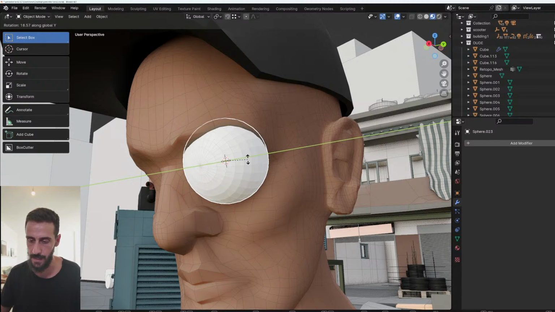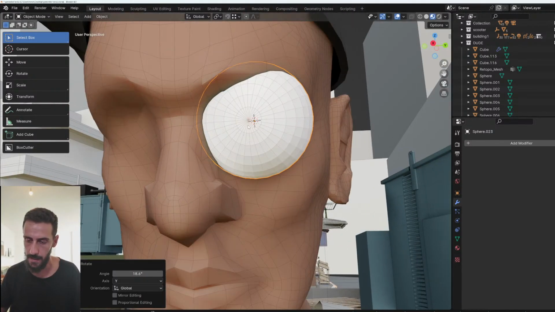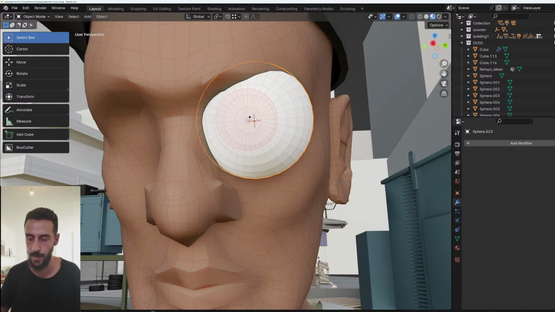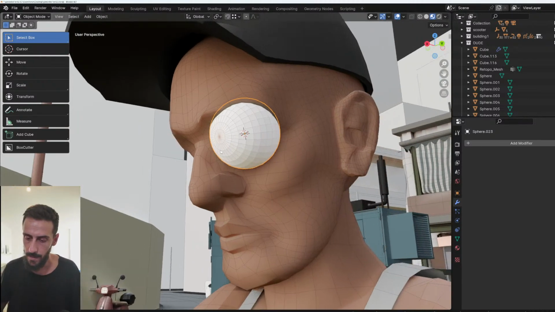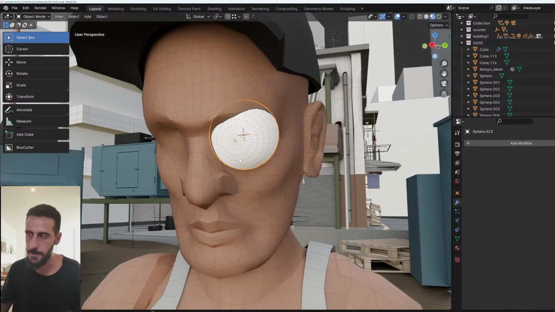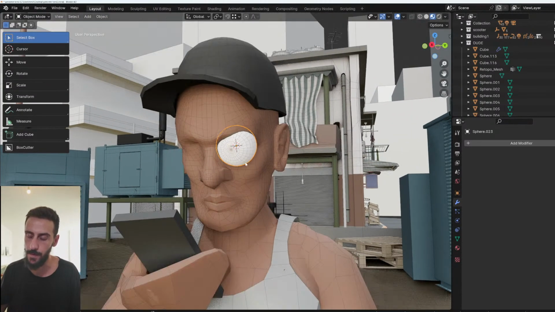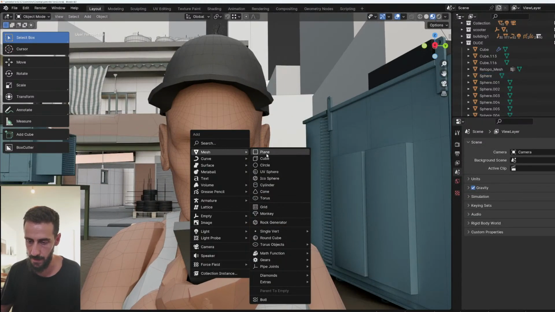All right. So what I was saying is, if I want to create an eye with this, it's usually all ending in one point, which is kind of bad in terms of topology. But I think for an eye, it's fine. Anyways, the other option is, so let's delete this for now, is create a cube,